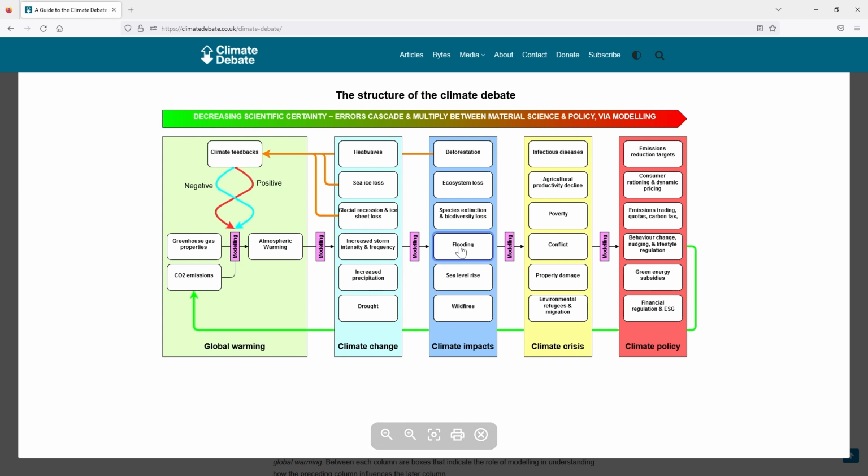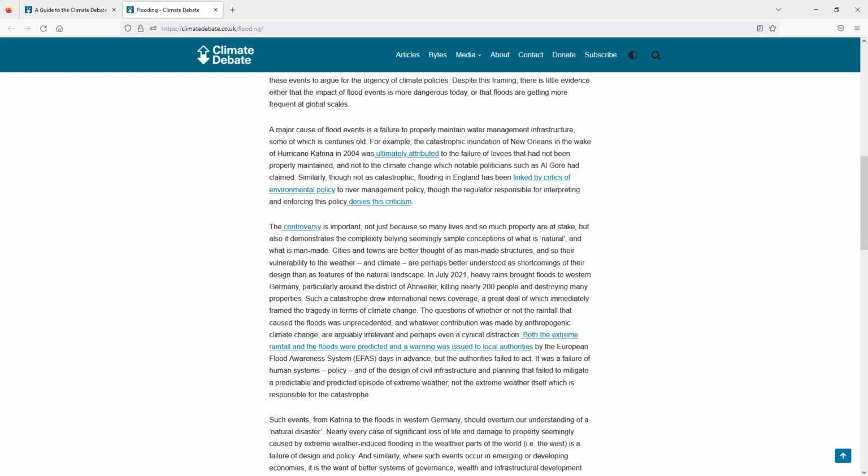So, for example, there is maybe reasonable evidence that sea level rise will be caused by glacial recession and ice sheet loss, not sea ice loss, be careful to point out, but glacial recession and sea ice loss may increase the rate of sea level rise.